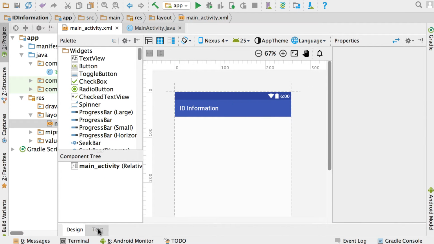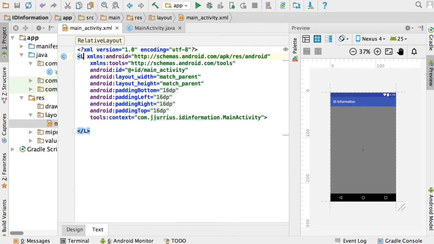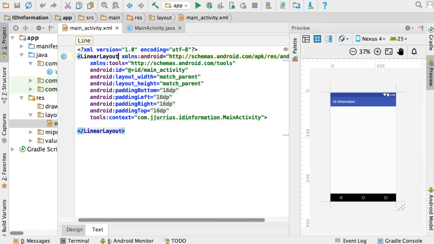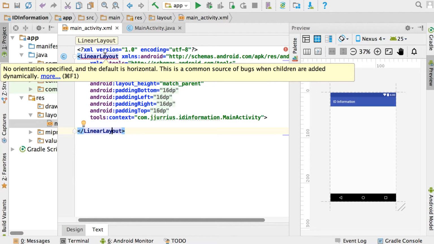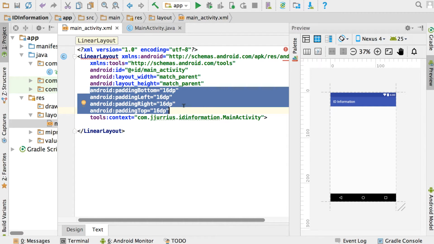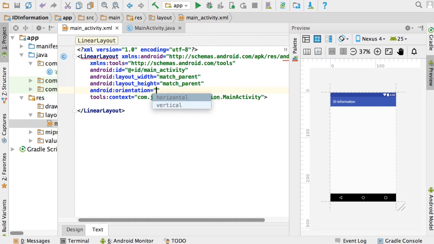So I'm going to go back to the text now and change the relative layout to a linear layout. So go to your relative layout there. I'm going to type linear layout. You can see that Android helps us there with the autocomplete, so you can just click on it and you can see it changed at the top as well as at the bottom. Now it gives us an error because a linear layout requires an orientation. So what I want to do is to also remove all of these paddings. So just remove all of the paddings there, and I'm going to add an Android orientation, and the orientation is